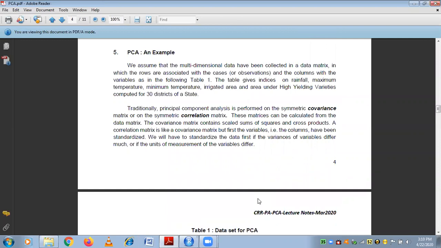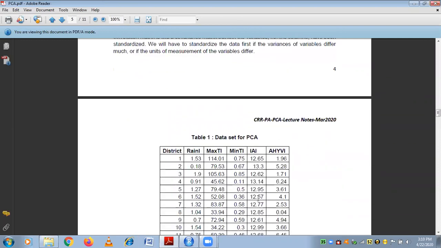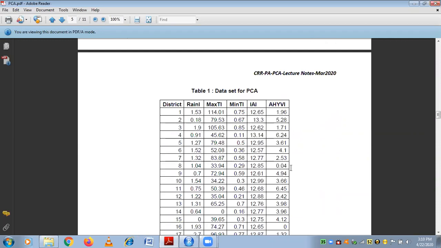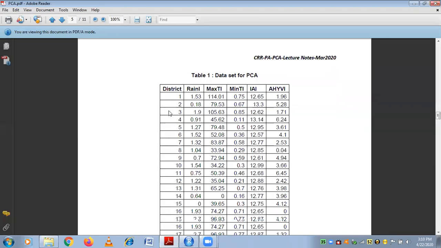Here I'll be using a data set with six different important variables. Here you have one variable which is nominal; we'll be discarding that and not using it.